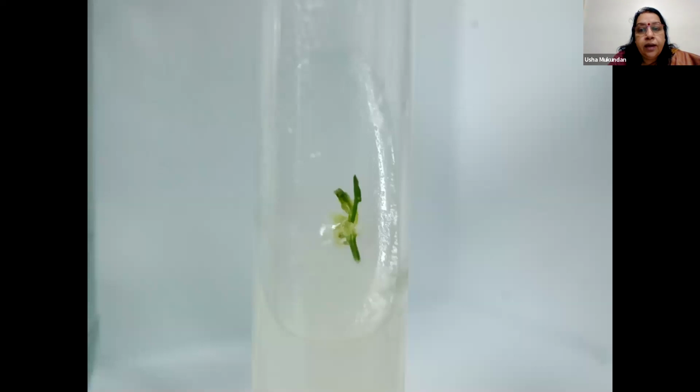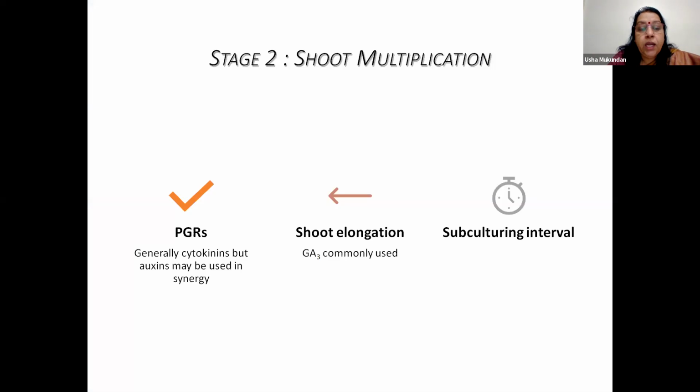Now, last time when I explained, I showed a straight medium where agar was solidified by keeping the test tube straight, but here it is tilted at an angle, and as a result, you get a slant. Why is a slant preferred? Because there is more surface area available for growth. Therefore, a slant is preferred in a solid medium.